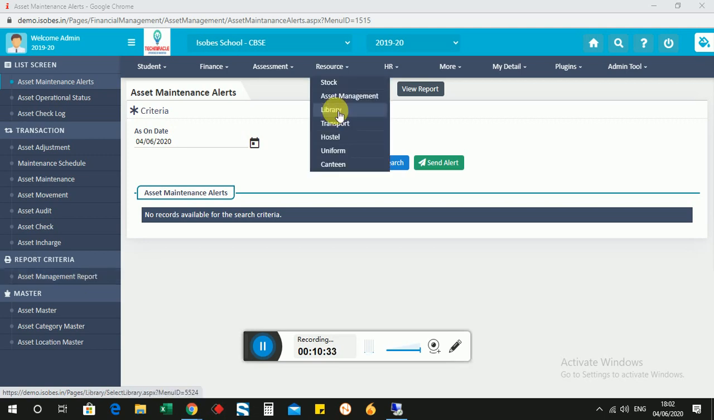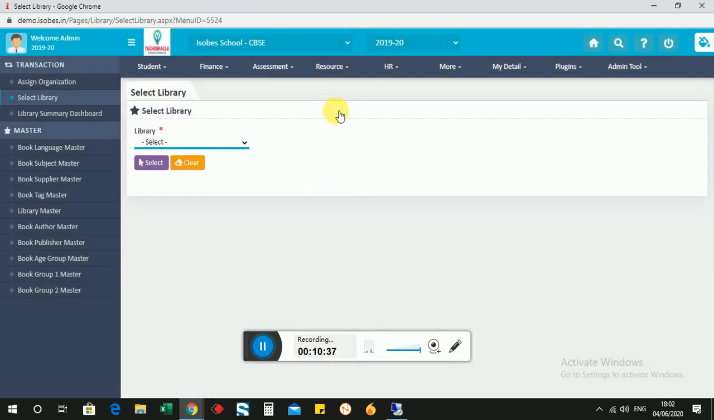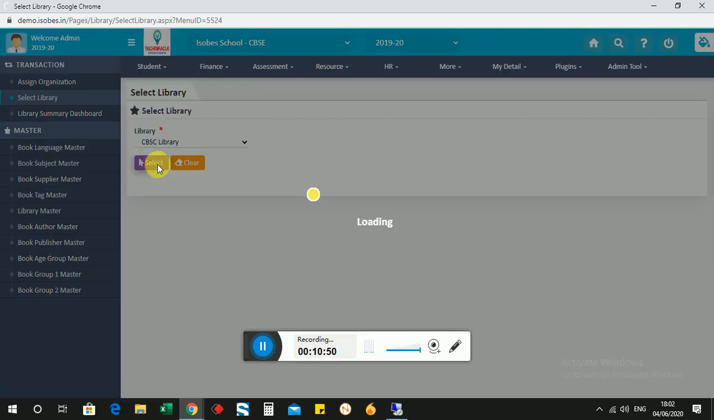Coming to the next, that is library. So the organization can manage the library in the software as well. Here we have various masters such as book language master, book subject master, book tag master, library master. So we can create various types of libraries over here. When we select the library,